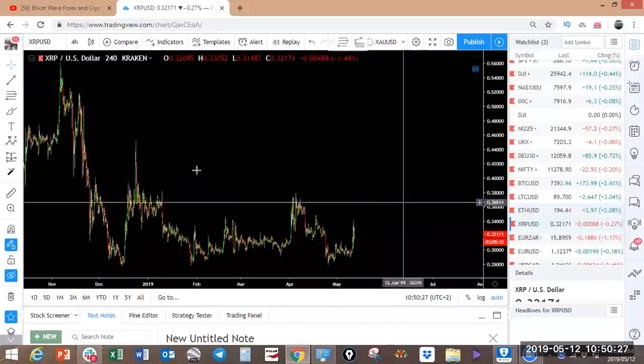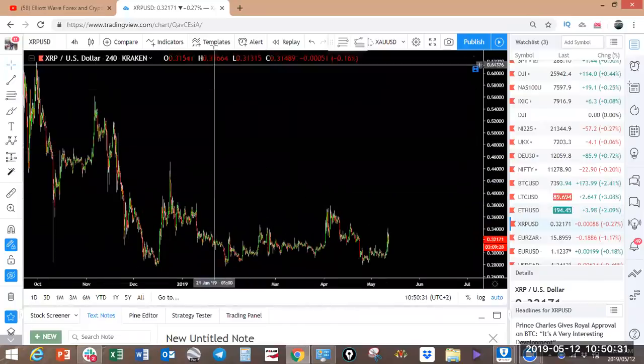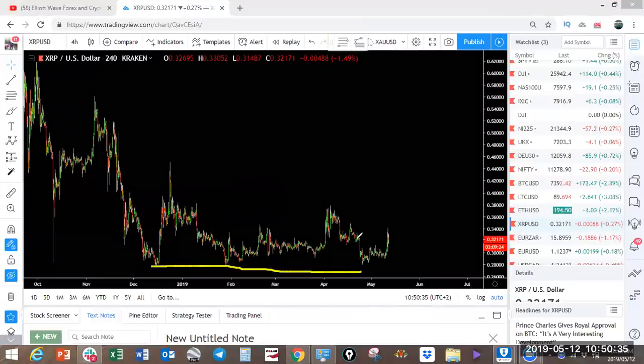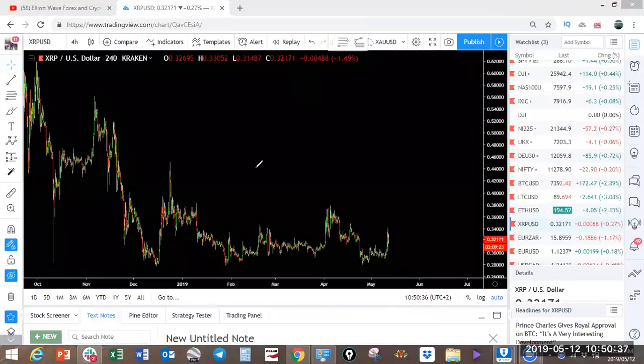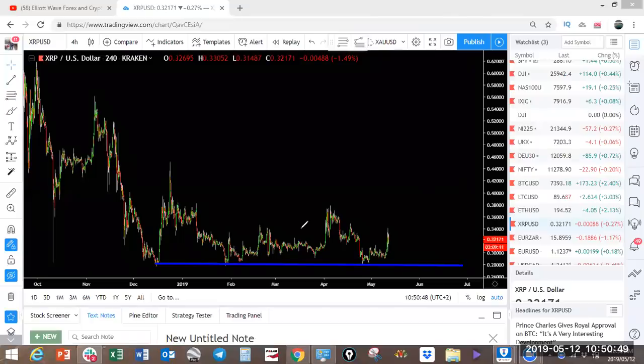Ripple. Now Ripple is starting to look very interesting. I've been talking about Ripple coming to retest this low here. Okay, let's have a look here. Wanted Ripple to come and retest this low here for a push higher. So now, what I said last week about Ripple was that if you get an entry point,